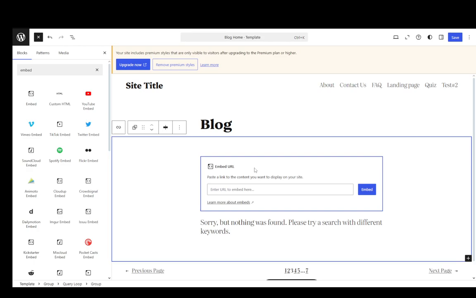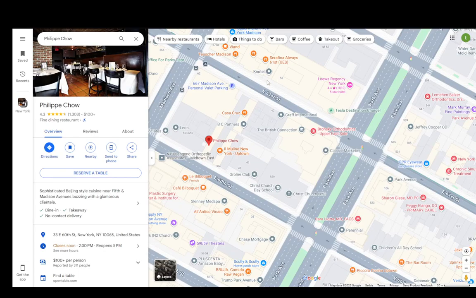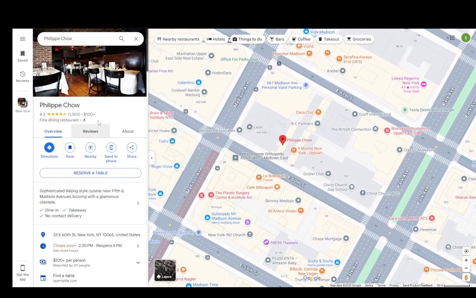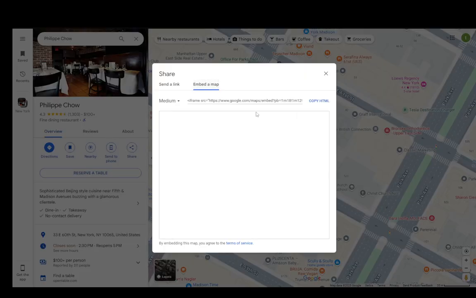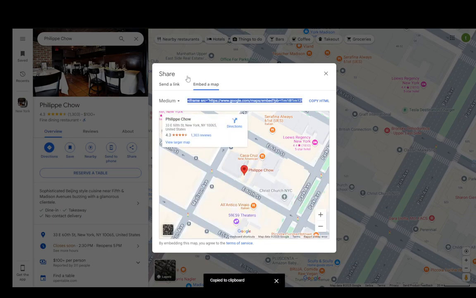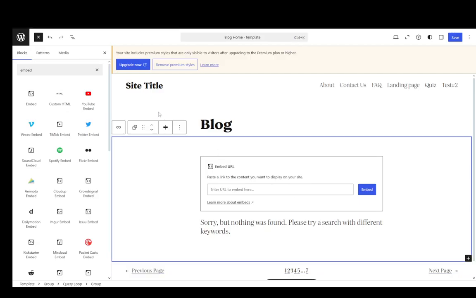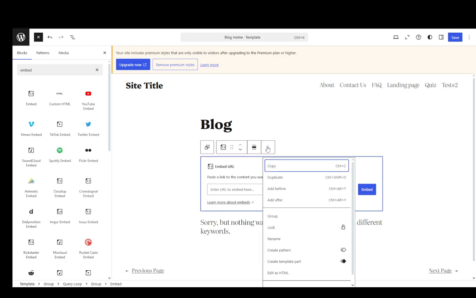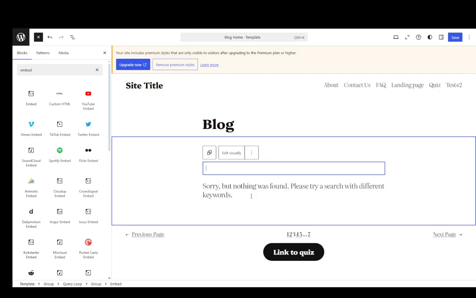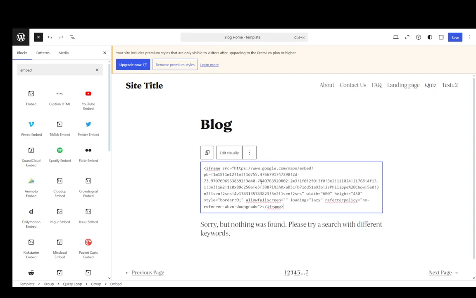Now, what we're going to do is embed HTML into this, and for that, we're going to go first into Google Maps. For example, let's take this location in New York as an example. So I'm just going to click on share, go to embed map, and then copy the HTML. Then you can also copy the link, and that might also work, but I'm just going to copy the HTML, click on our embed link, click the three dots, and click edit as HTML,